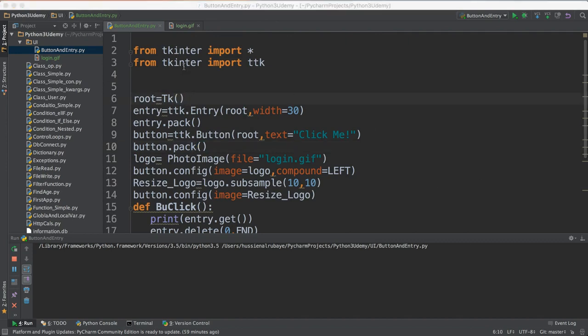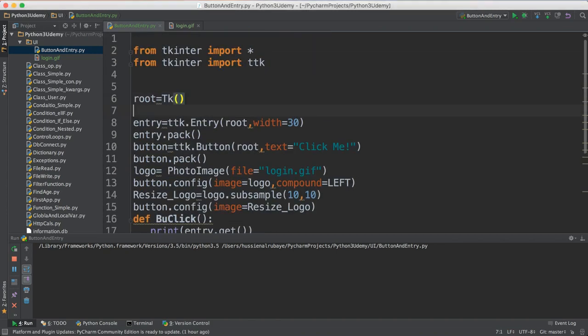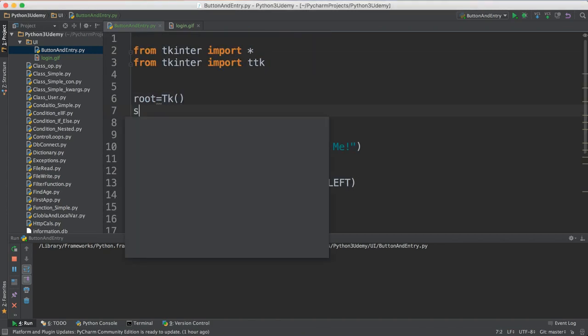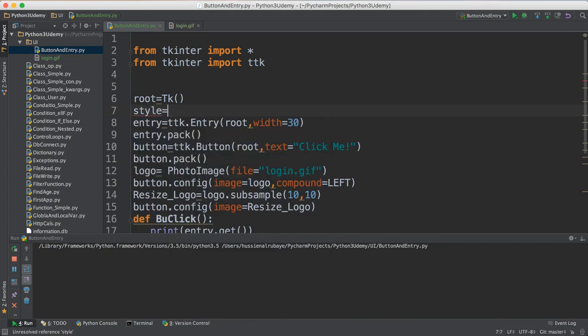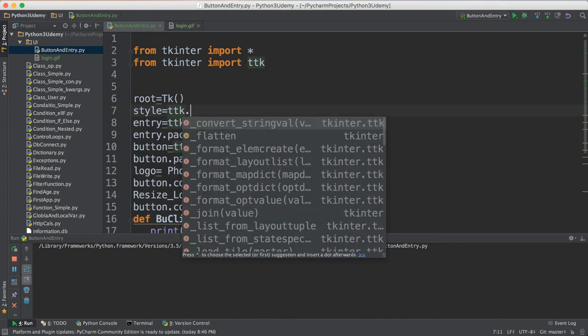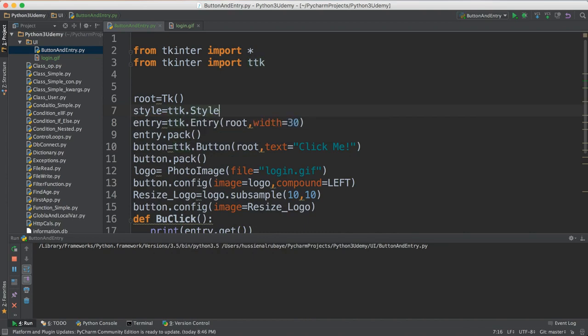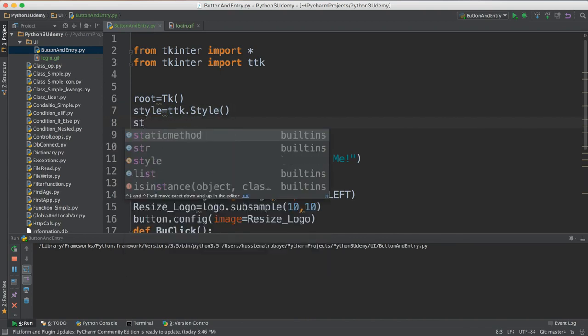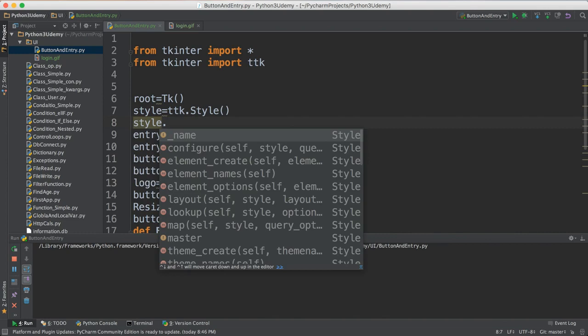To use style, first of all, we need to define a variable for it. The variable that we use for the style, name it ttk style. So after defining the root, I will define something named style. I will name it ttk.Style. I want to use the style, and you could define different styles here. So going down, I say style.configure,